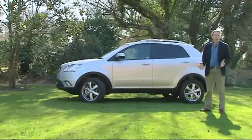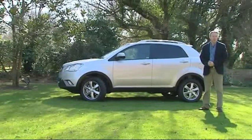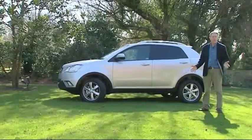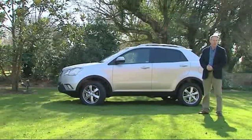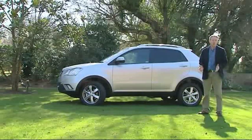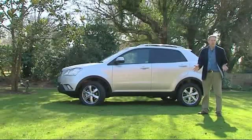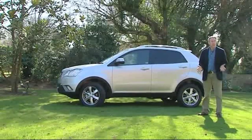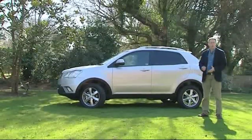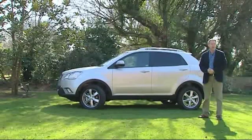That's for Qashqai-like crossover models and the soft-roading, lifestyle-orientated small SUVs that are just like them. Now, we're talking here about the budget end of this sector, so Kia Sportages and high-end iX35s are this car's competition rather than Toyota RAV4s and Honda CR-Vs. And 5-seat only models too, since that's what this is, so strike out comparisons with